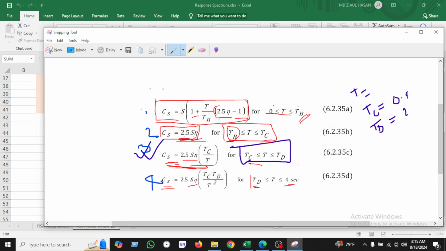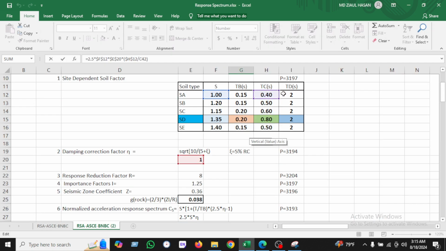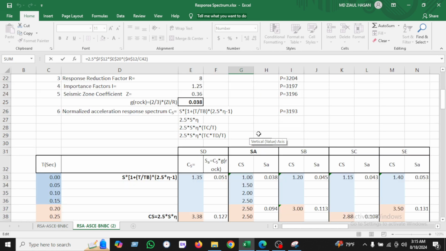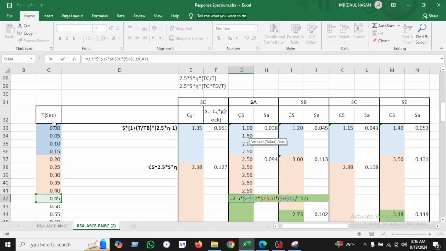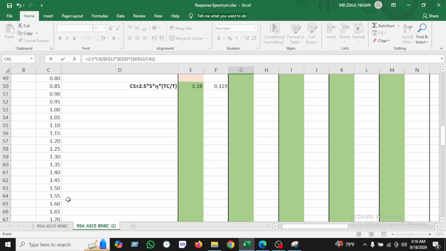Here is the third formula: Cs equals 2.5 into S into eta, multiplied by Tc divided by T. This value will be Tc to T. Tc means 0.40 and Td equal to 2. So we are saying Tc equal to 0.40 and Td to 2. So the formula will be used from 0.40 to 2. We have seen here the time period is 0.40, and it will be used up to